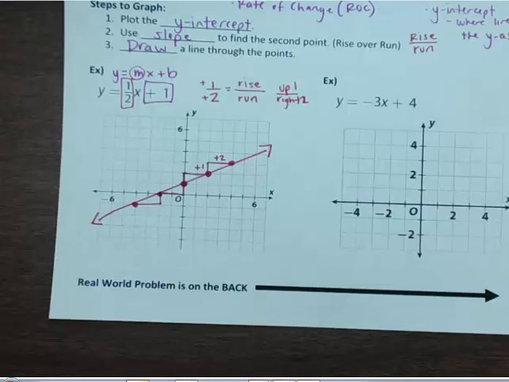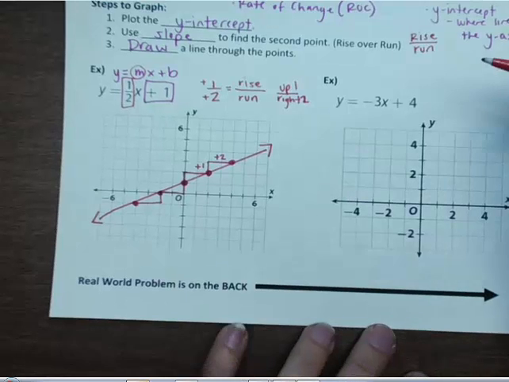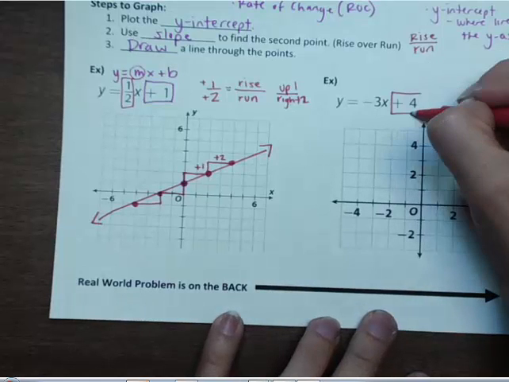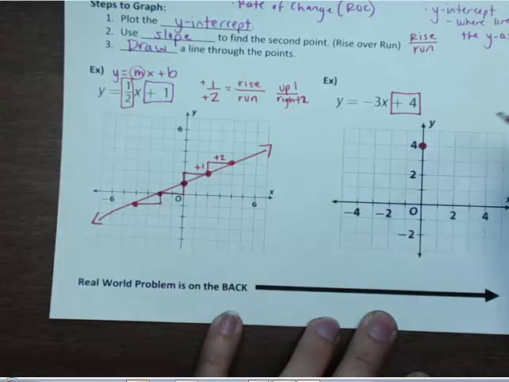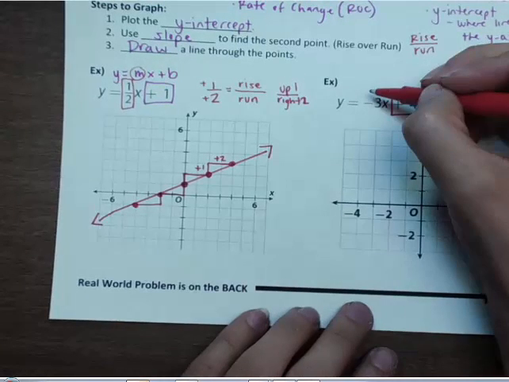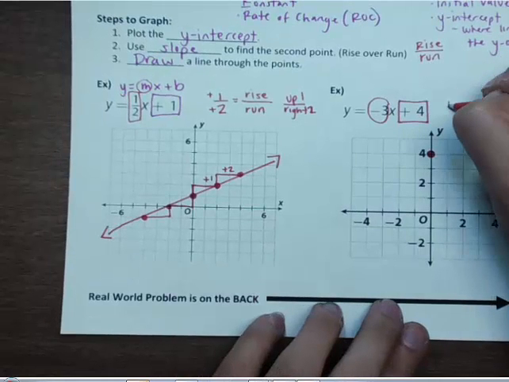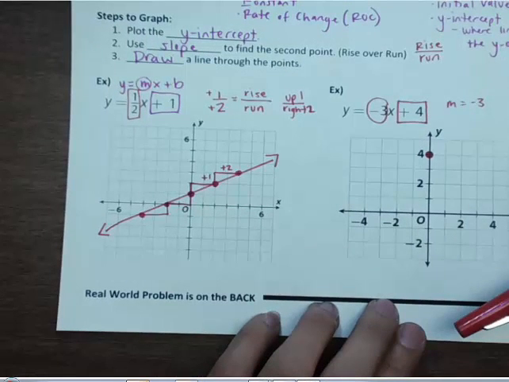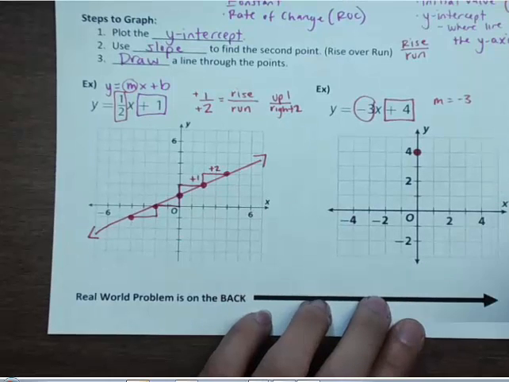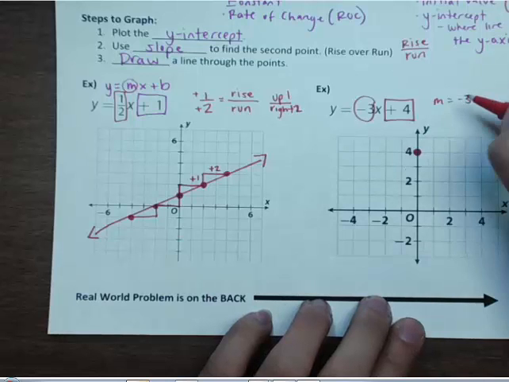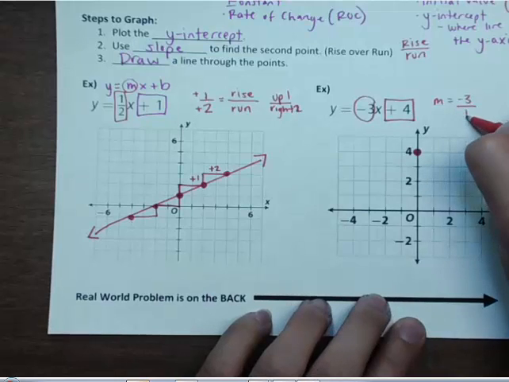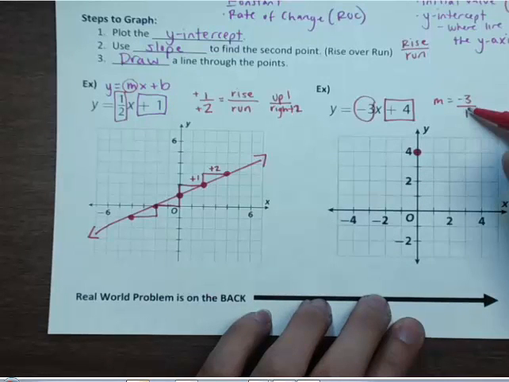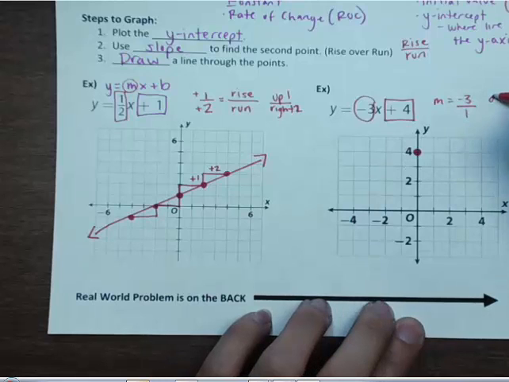Looking at this equation, our first step is to plot the y-intercept. My y-intercept, since it's already in slope-intercept form, is positive 4. From there, I'm going to look at my m, which is negative 3. Now, I want to have that written as a fraction just because that's easier for me to plot the other points based off of the slope and rise over run. Whenever I have a whole number as the slope, I can always put it over 1 to keep that same value. So my slope here is negative 3 over 1, which means I'm going down 3 and to the